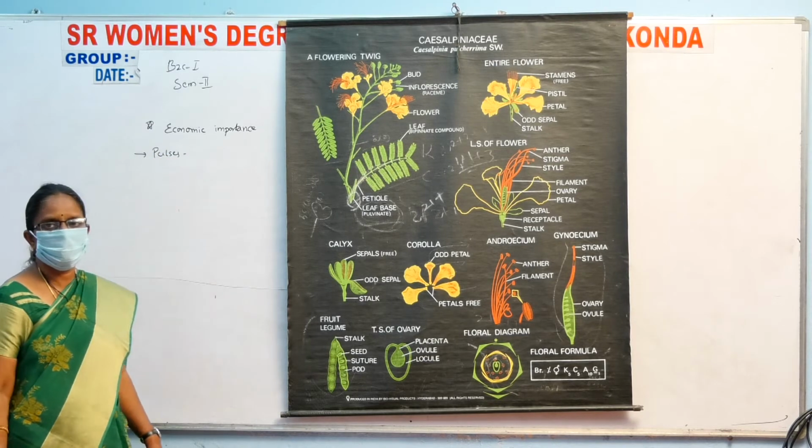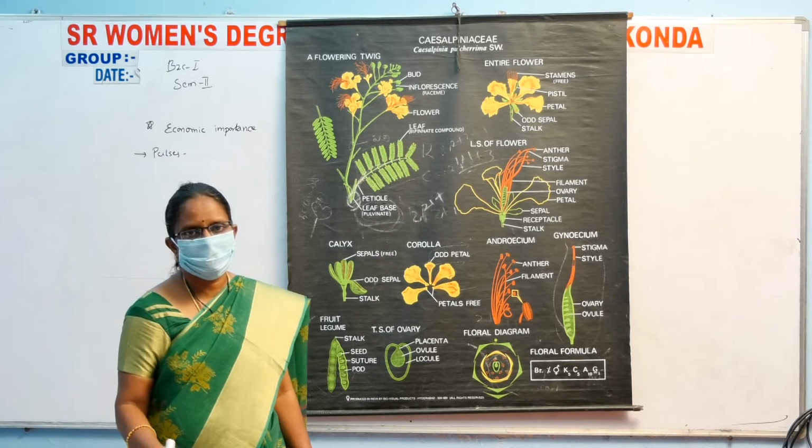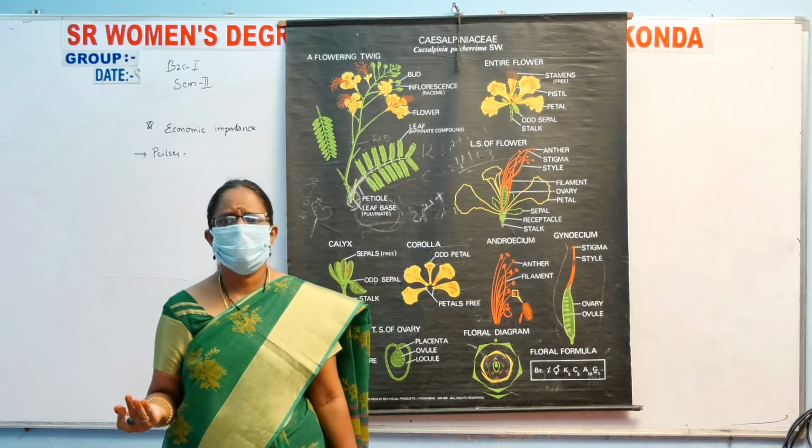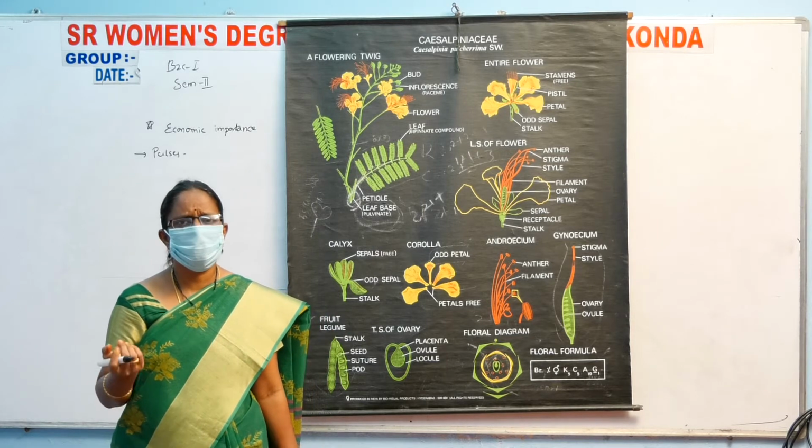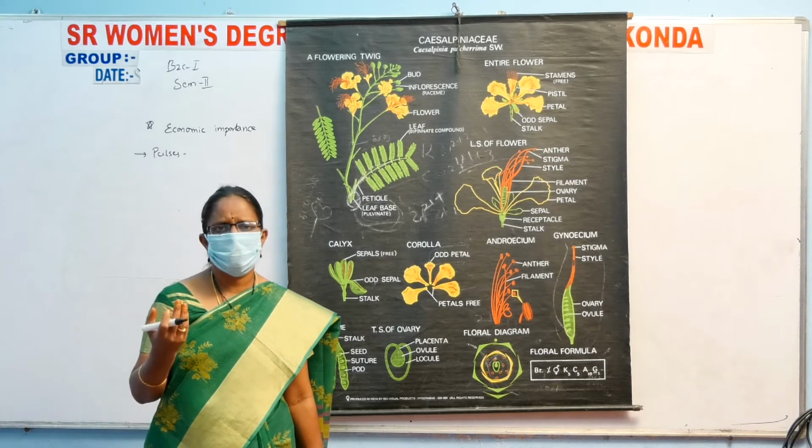For example, the Dolichos lablab and Cajanus cajan, gram, Cicer arietinum, chikkudu, shenagalu. These are all the